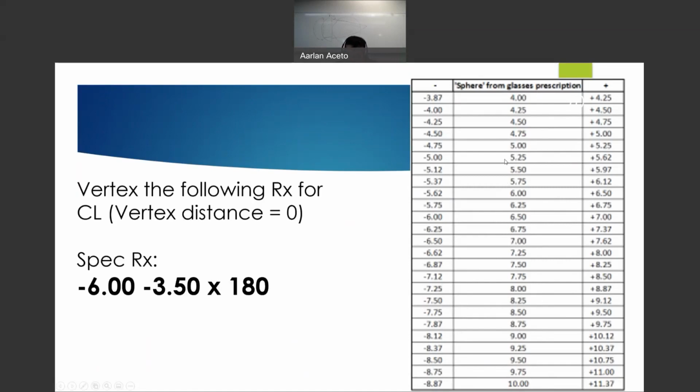So let's give this one. Let's vertex this following Rx that the doctor gave us. It's a minus 6, with a minus 3.50, axis 180. Well, what are my total powers? My total powers are